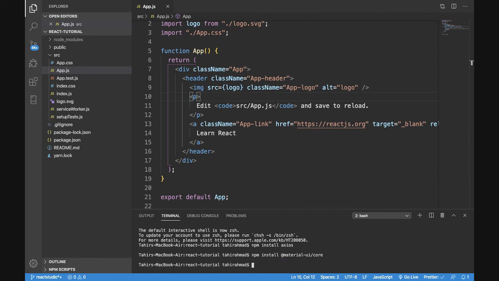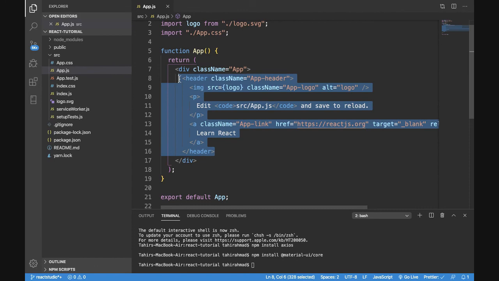After installing both dependencies, Axios and material UI, we will just clean this app.js